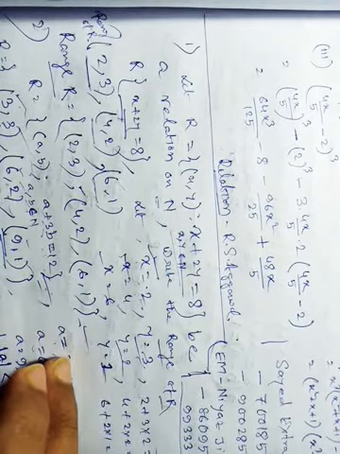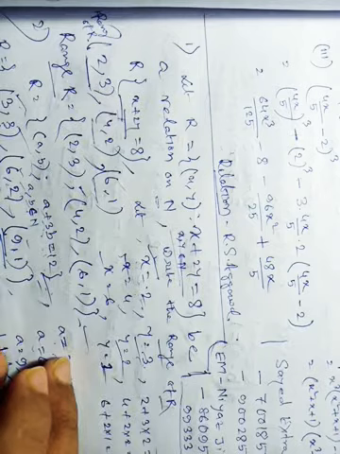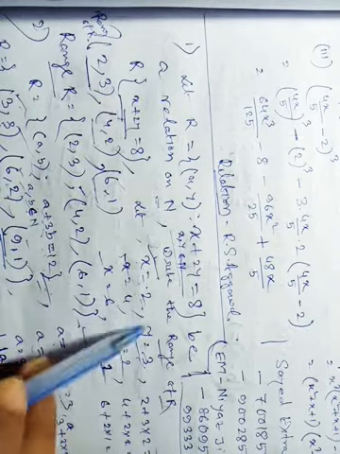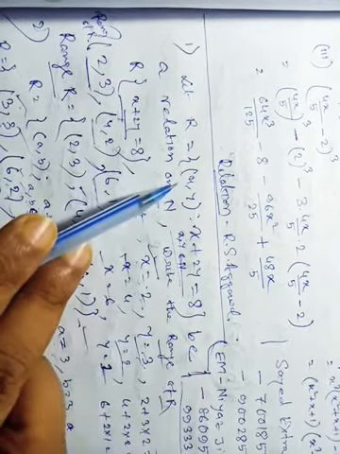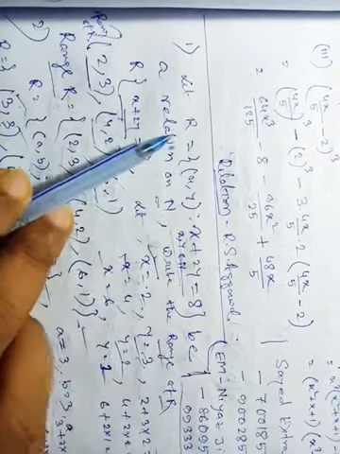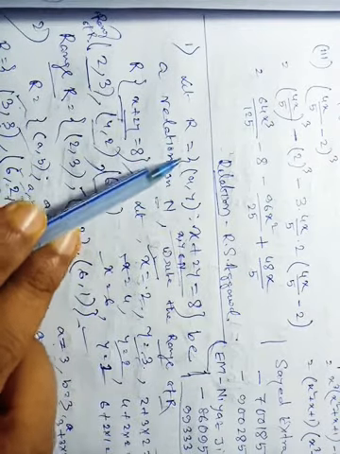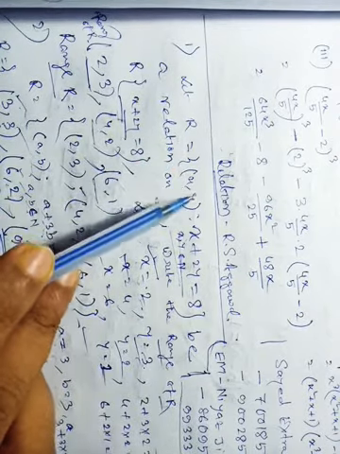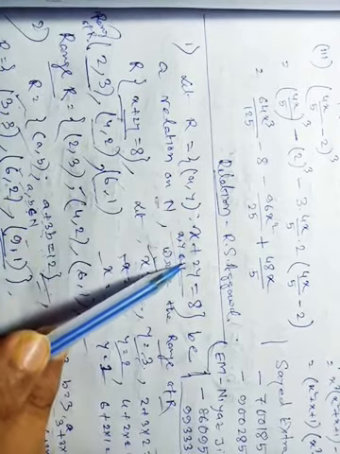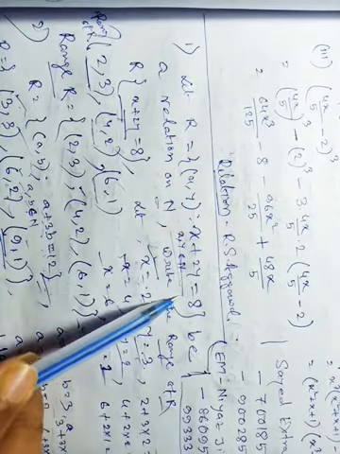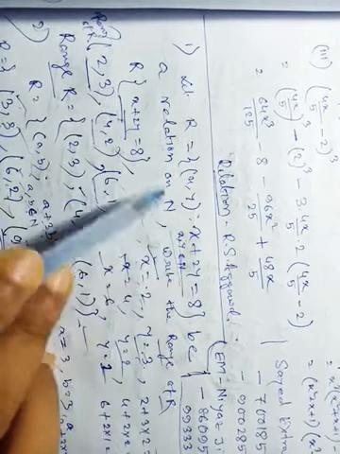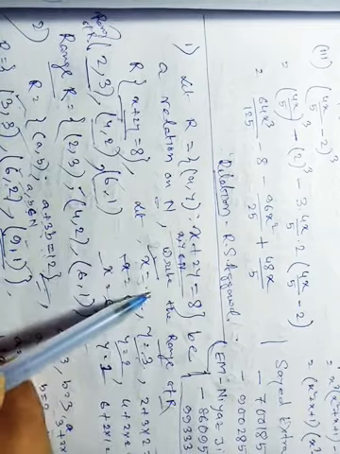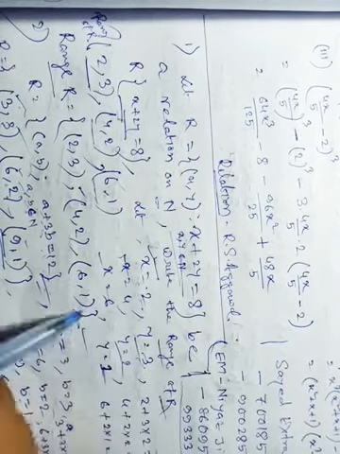Now, today I will discuss some exam exercise math related to the relations chapter of R.S. Agarwal math book. Now, come to the first question. Let R be a relation defined on the set (x, y) such that x plus 2y is equal to 8, and x, y belong to N. Now we have to write the range of R.